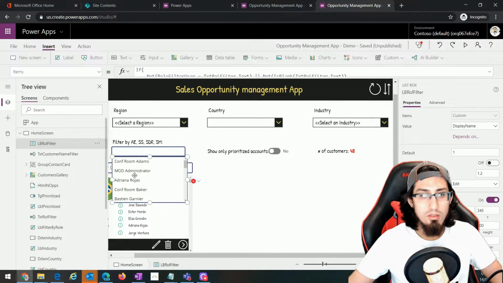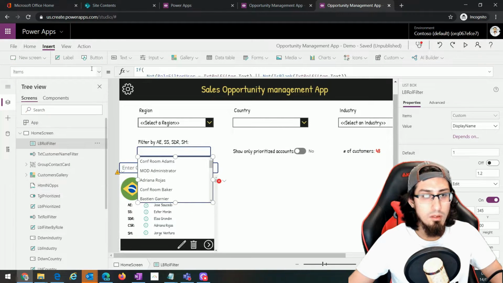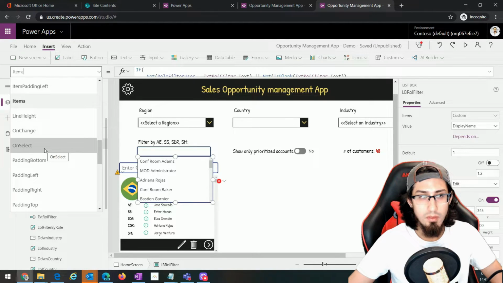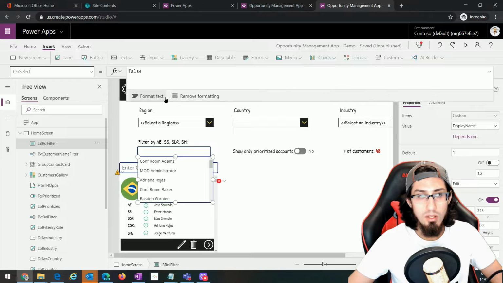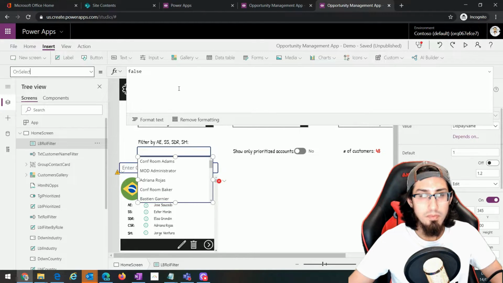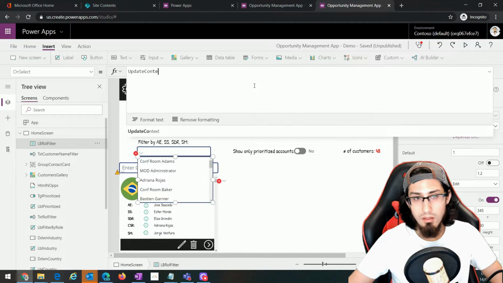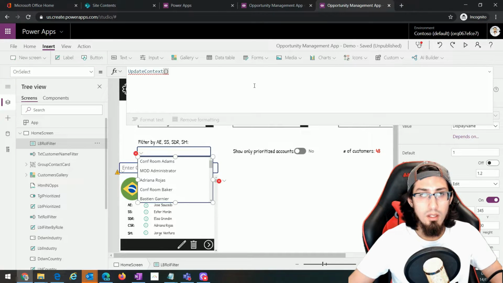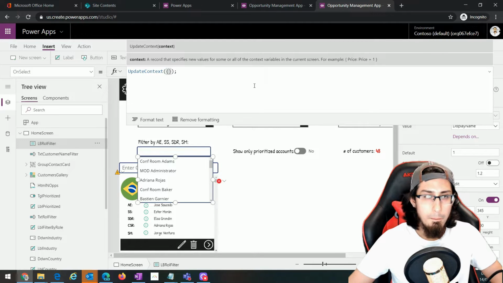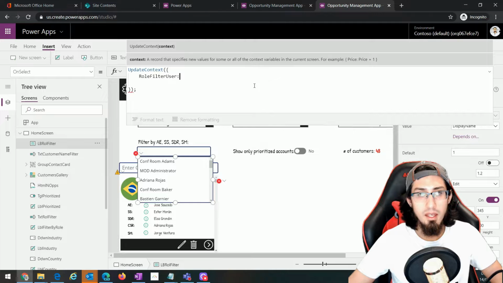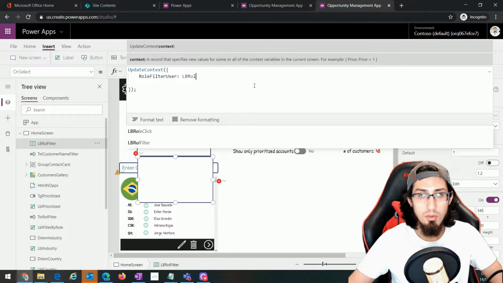So we go to the list box, then we go to the onSelect property, and in that property, what we're gonna do is update the value of the variable that stores the name of the user, right? So remember the name of the variable was role filter user. So the value is gonna be the value of the item that has been selected from the list box, right? So let's put list box role